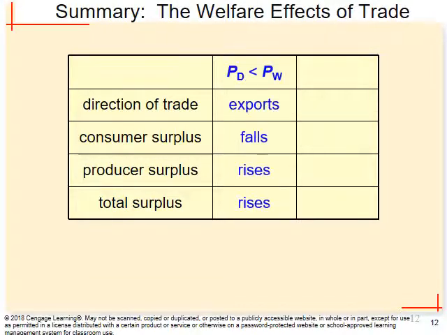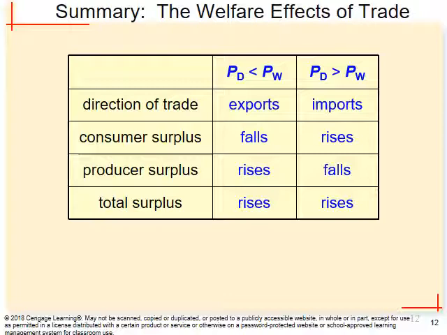This table makes a summary of what will happen to export and import when the country is open to international trade, and what happens to consumer surplus, producer surplus, and total surplus. So in summary, when the domestic price is smaller than the world price, that country will basically export, and when the country is exporting,